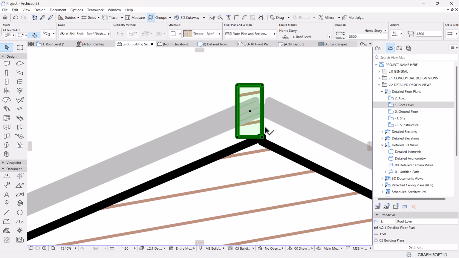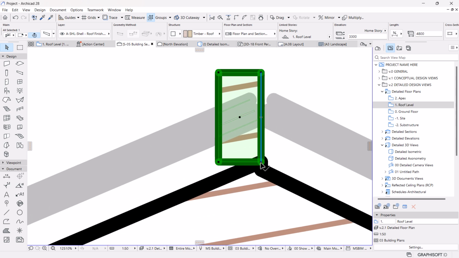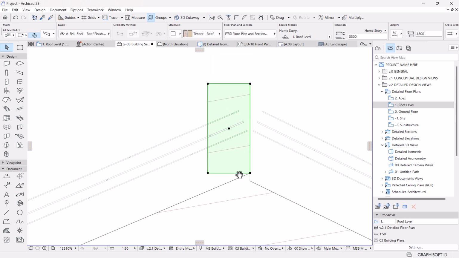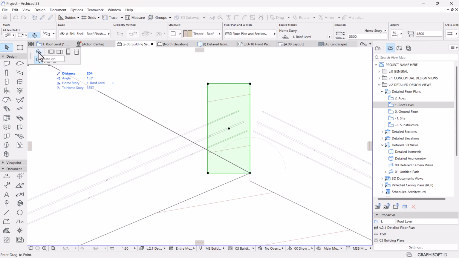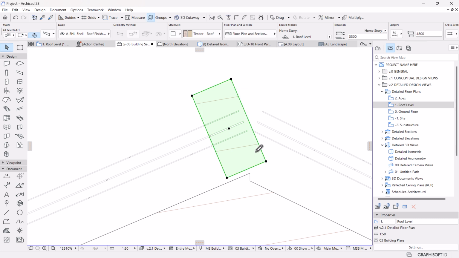The good part of the beam tool is you can rotate the angle as well. So let me go to view, on screen view options, and switch off the true line weight, and then I can rotate by picking one of the points here. You can rotate. I forgot the angle, should be 23 degrees. Yes. And then place it nicely here,